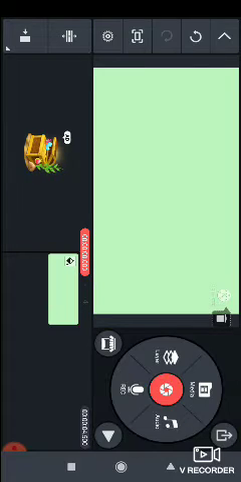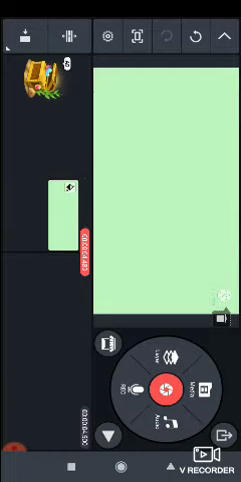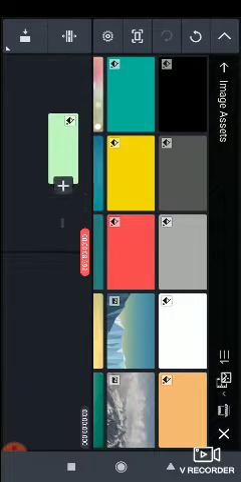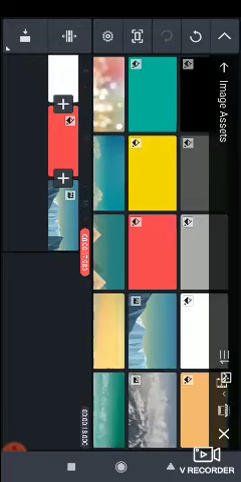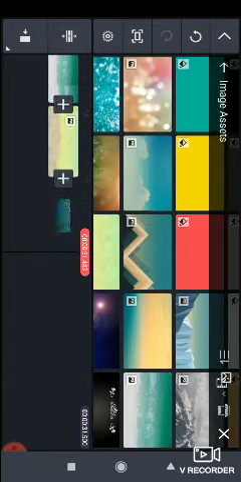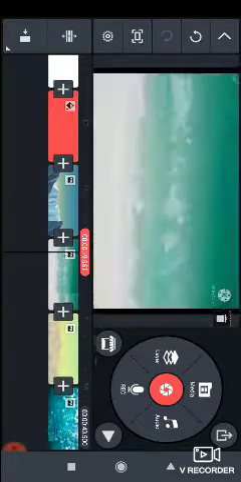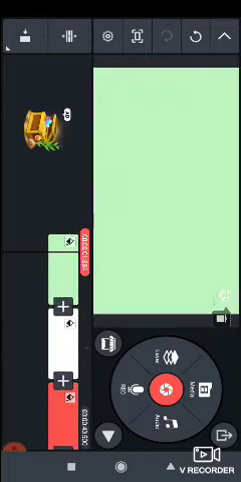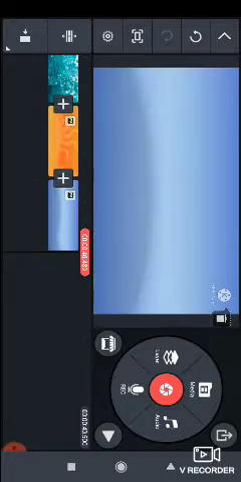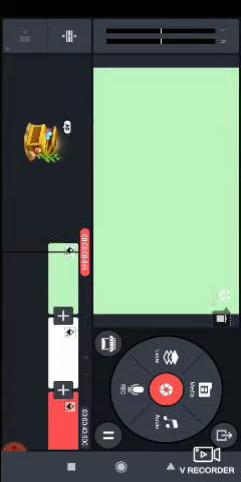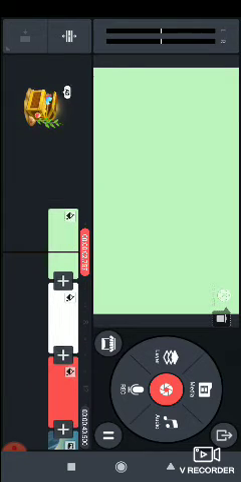And now we have seen how to put a background, and now let's add more. We'll go to media and take assets, and then we'll take as many photos as we want. I'm taking these photos only. You can take your own photos which you want to put. Now let's go to the basic things. We'll turn on the video like this, it will work.